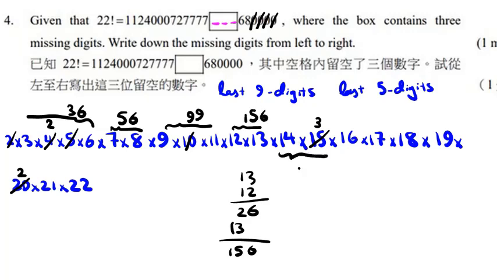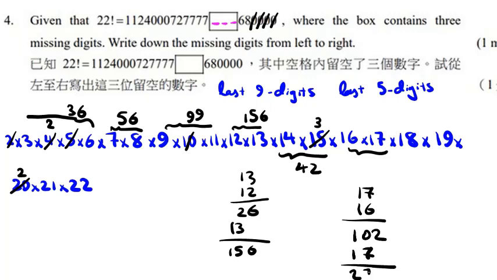The next one, 3 times 14, 42. 16 times 7. If I write 16, 6 times 7, 42, it's 10. And 7, it will be 2, 7, 2. I write it here. And this one, 18 times 19. It will be 19, 18. 72 and 7, 15 and 19, it will be 2, 4, 3,